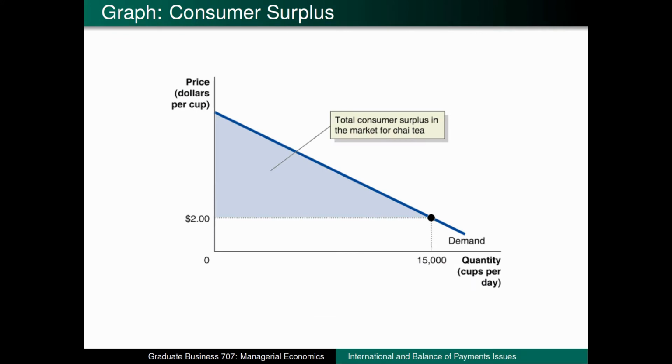Well, recall from the supply and demand chapter that one way of thinking about the demand curve is that it's illustrating the consumer's willingness to pay at various quantities. And so if consumer surplus is the difference between how much consumers are willing to pay and how much they actually pay, then we can illustrate consumer surplus as the area below the demand curve and above the market price, which is reflected as a blue triangle in this graph.